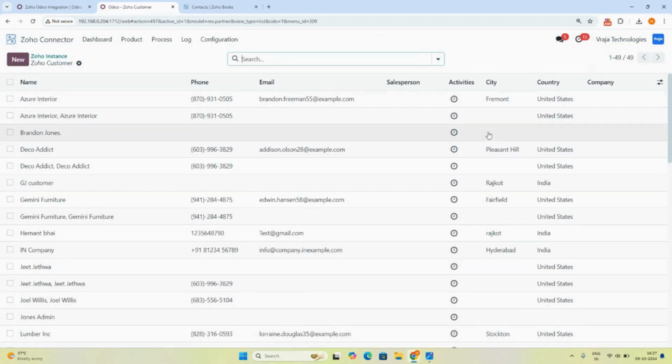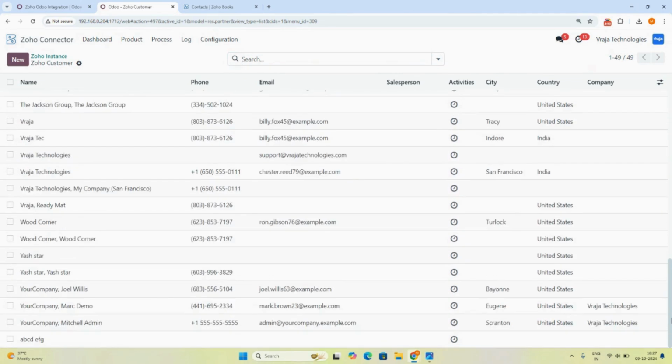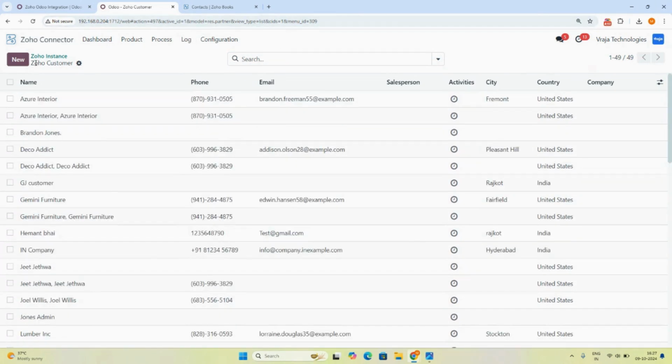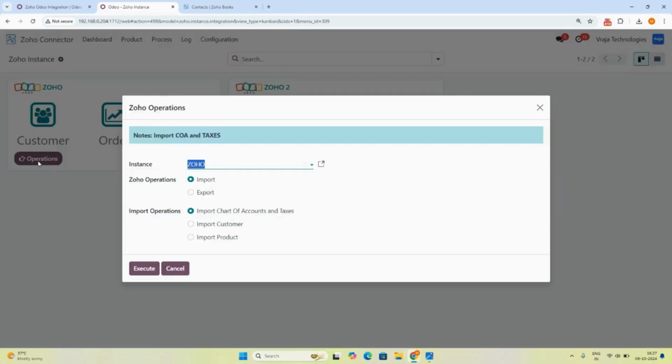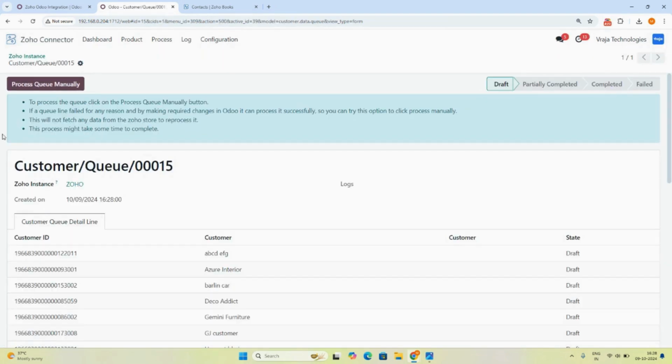Currently, these are all the customers already created or, say, imported. Now I will import the new one. So I'll go to operations, select instance as Zoho, go to import and go to import customers. As I execute the import, I will see that first of all, this import will be in the customer